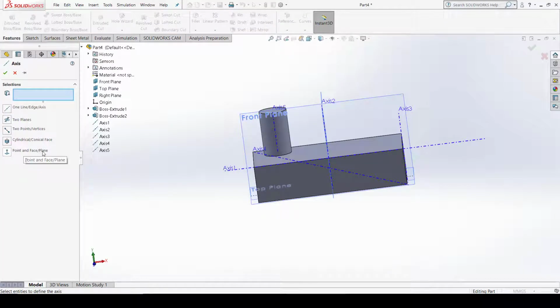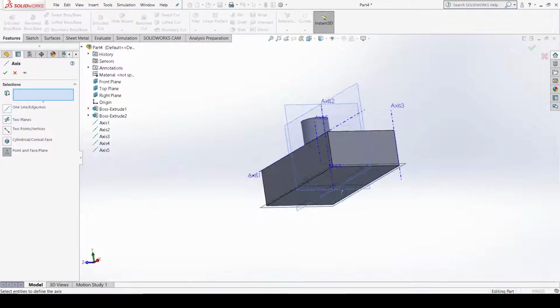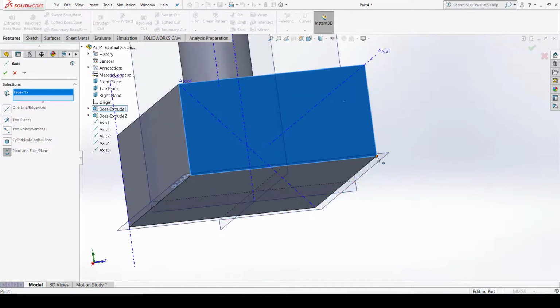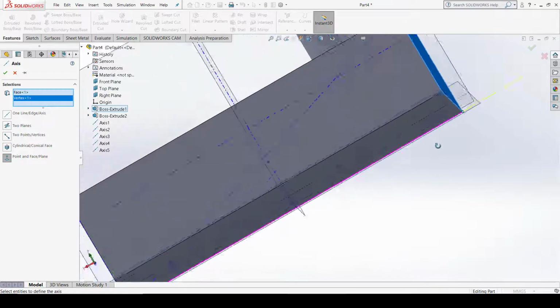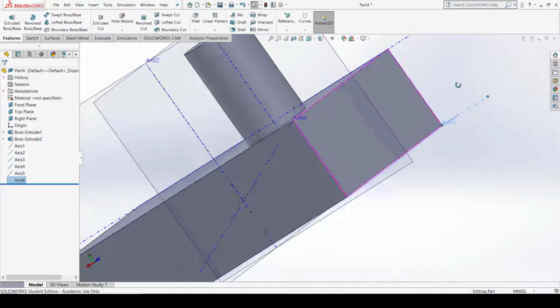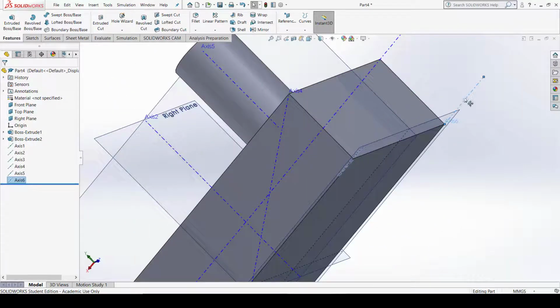Okay, now again last option in axis we have point and face plane axis. So this axis is created when the axis is perpendicular to the plane. Now select the last option here, then we have to select the plane first and then select the point. Let me select this point. See what happens. This is the yellow line here, this is a plane, and plane is blue in color. So this axis is 90 degree. So we have a point and plane option here. So when I click OK here, this is how you can create an axis which is perpendicular to this plane.